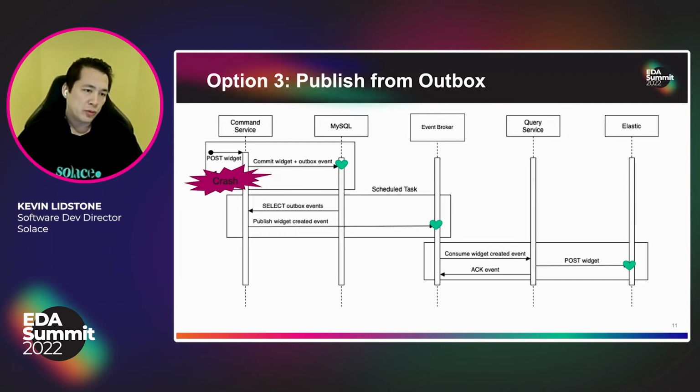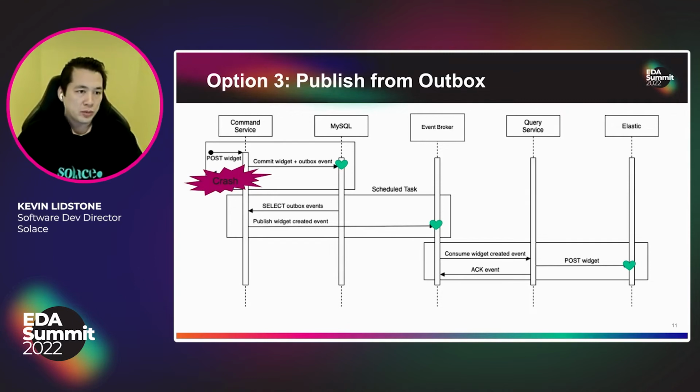If, on the original REST request, instead of writing to the database immediately, we went to the broker first and published to a queue, then we would receive that message from the queue back to the command service. We could write to the database, publish the next message to the query service. If there was a crash, we would never have acknowledged that we received the message off the queue. So when we restart, we would get the message from the queue again. So we could build the guaranteed delivery in that fashion.